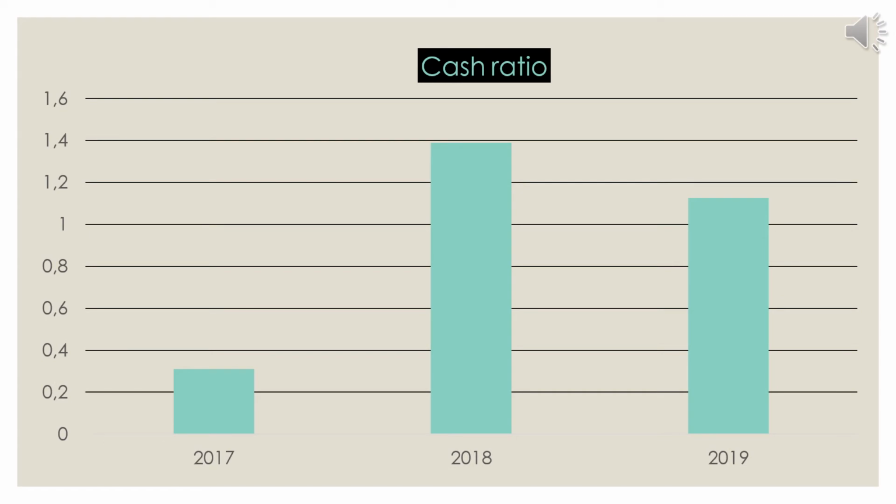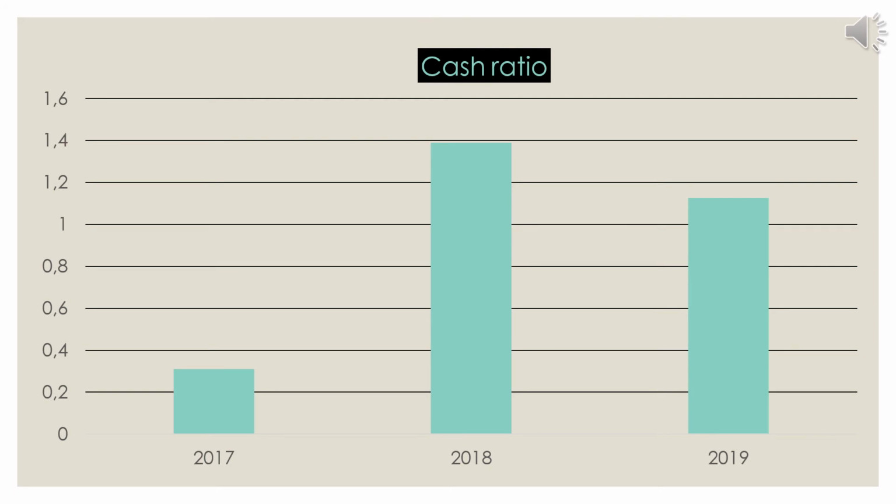Last but not least, let's talk about the cash ratio. This ratio is actually like an indicator for a firm's value under the worst case scenario. Let's say when the company is going out of business. It tells the current assets that could quickly be turned into cash, and what percentage of the company's current liabilities these cash or near cash assets could actually cover. Again, this was kind of bad in 2017, but went a lot better in 2018,